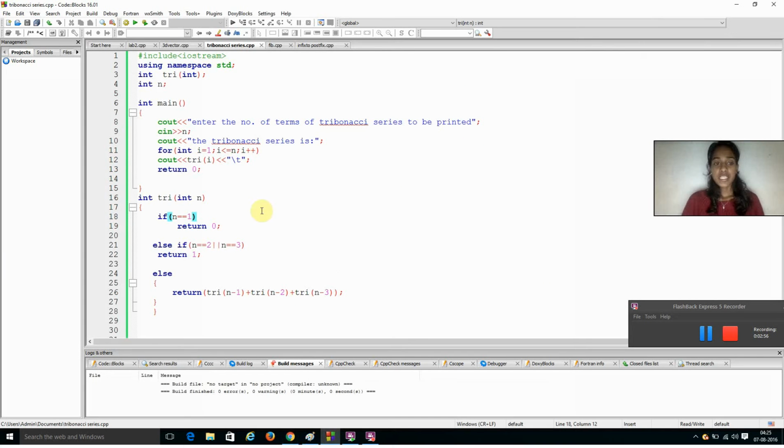And else if n is equal to 2 or n is equal to 3, the second term or the third term, return 1, right? I hope you understood that, because the first term is 0 and the second and the third term are 1 and 1. You have to display that 0, 1 and 1, right? Else, now if the user asks for 7 terms to be printed or 10 terms to be printed or anything else, right, then the condition for that is,